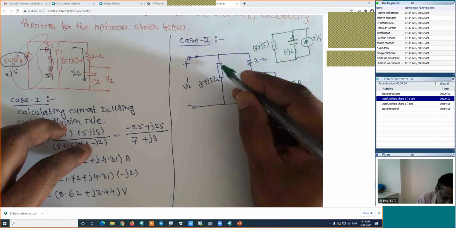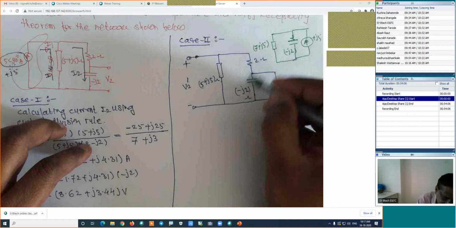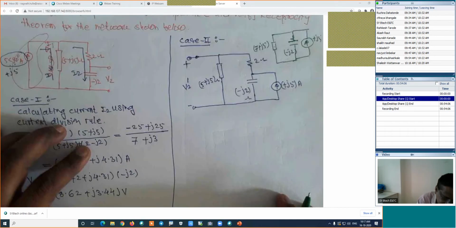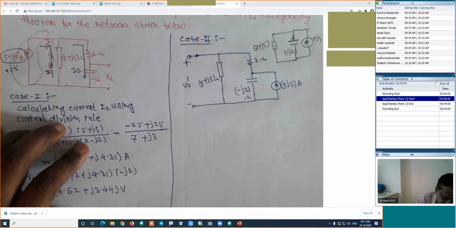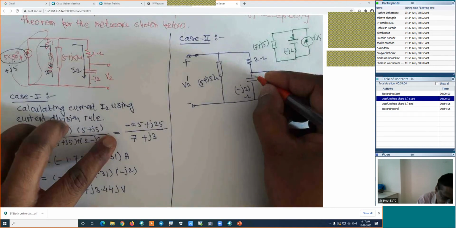Current is not in one resistance. Current is always in the complete branch. If I am using the current division rule and calculating the current in this complete branch, how will the current be? I will name those values and then we will calculate the current. In this branch, I will name this current as